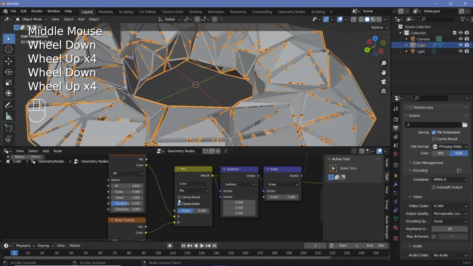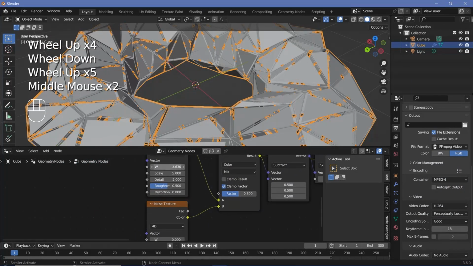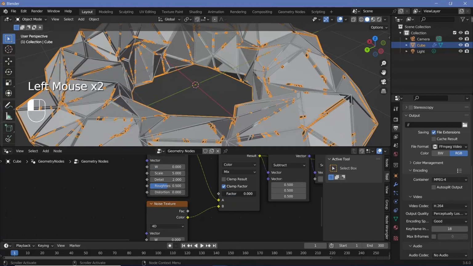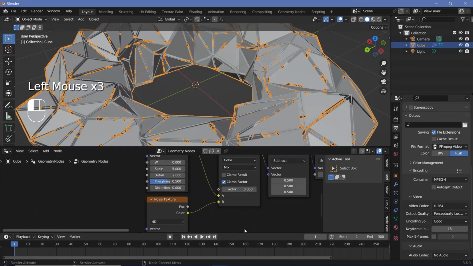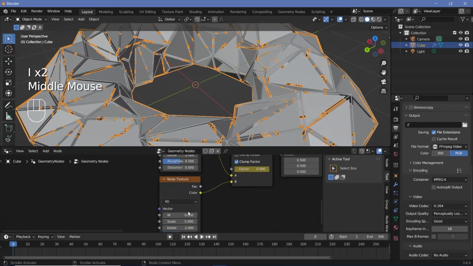Then on these noise textures, I'll change the W value to 0 as well as the factor down to 0 as well. Then I'll increase the timeline a little bit, press the back arrow to go to frame 0, hover over this W and tap I, hover over the factor and tap I, and change this W to some value that will suit the scene. I'm just going to go with 0.5, and remember, the higher the value, the faster the wiggling is going to happen. So I think a value of 0.5 will be good enough, so I'll keep it at 0.5 and tap